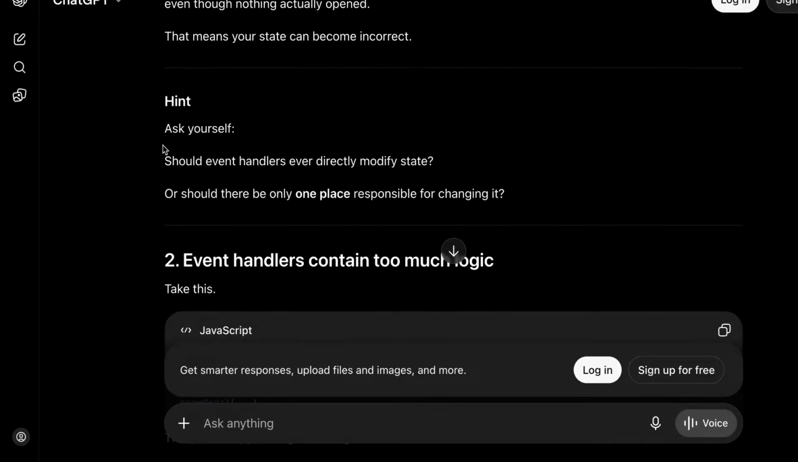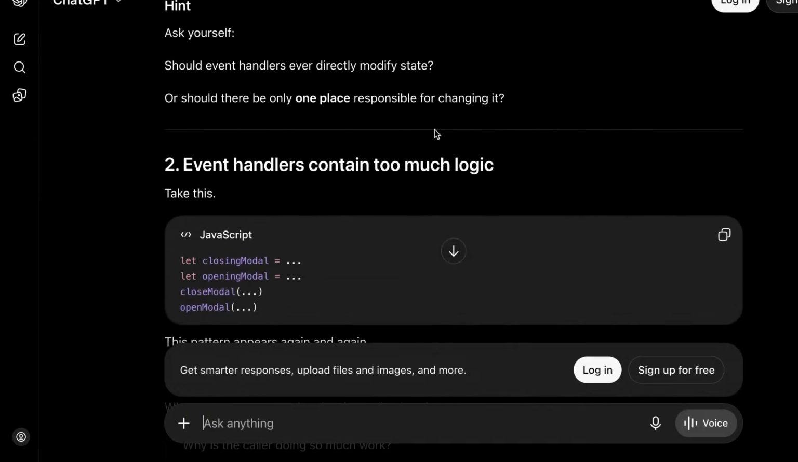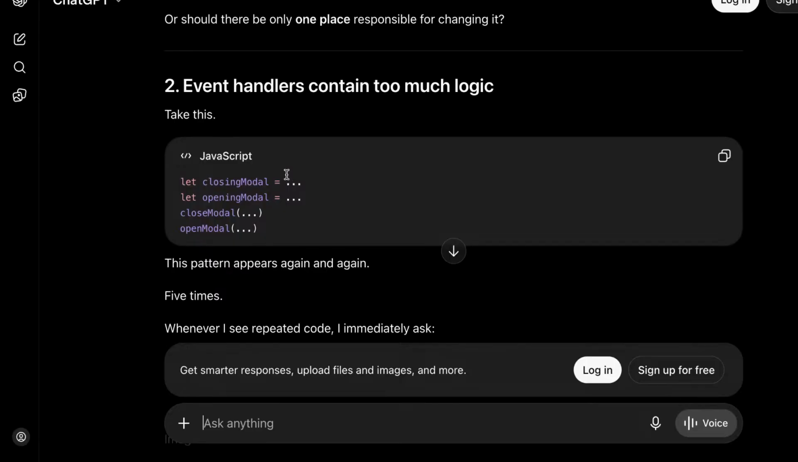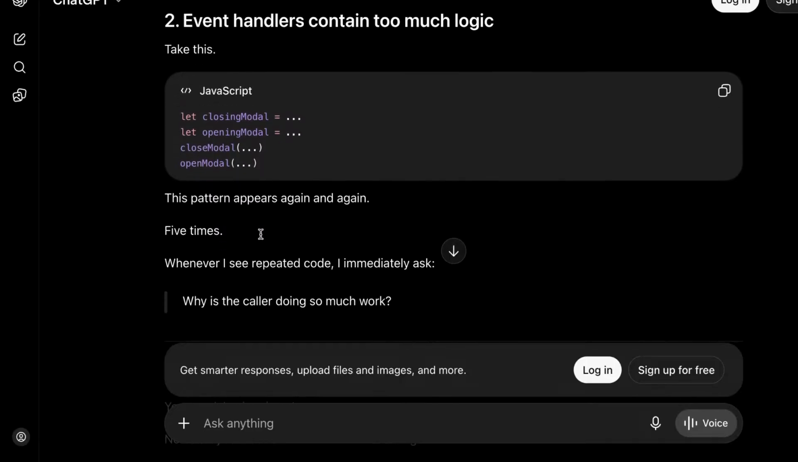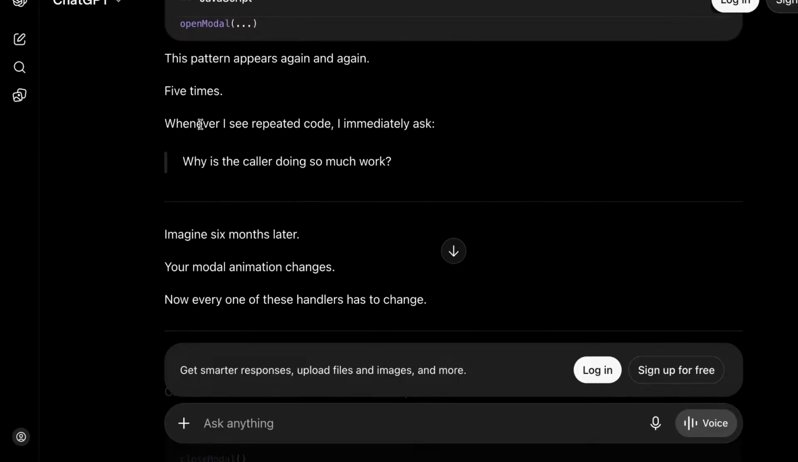Okay, got it. Ask yourself, should event handlers ever directly modify state, or should there be only one place responsible for changing it? Yeah, we will try to do one place changing. Event handlers contain too much logic, like close modal. This pattern appears again and again. Yeah, actually it was repetitive. So how we can do this is, whenever I just